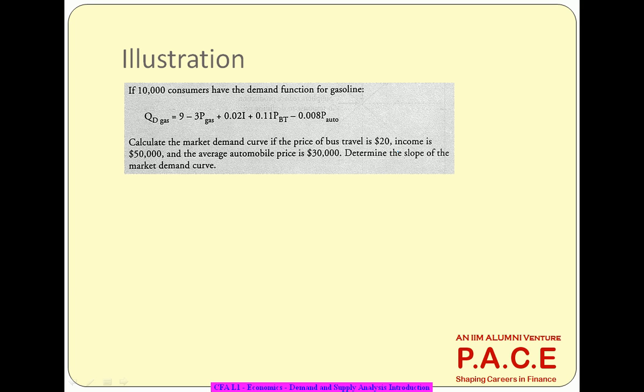But it is also directly proportional to the income, I. If the income of the person increases, his consumption of gas increases by 0.02 liters for every dollar increase in income, or whatever the unit. And the same applies to the price of bus travel. If the price of bus travel increases, they are saying that the quantity demanded